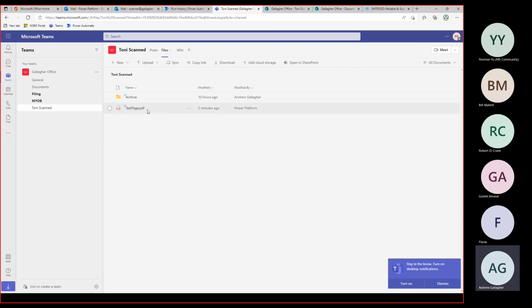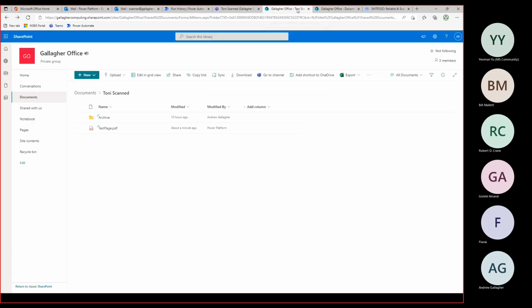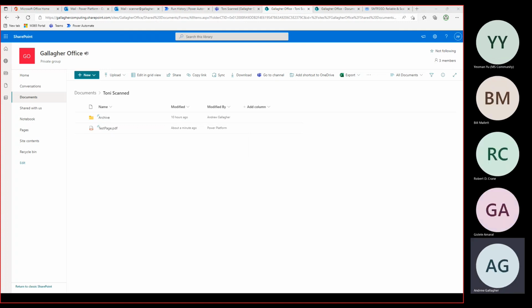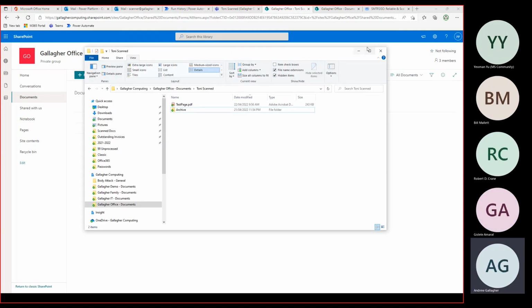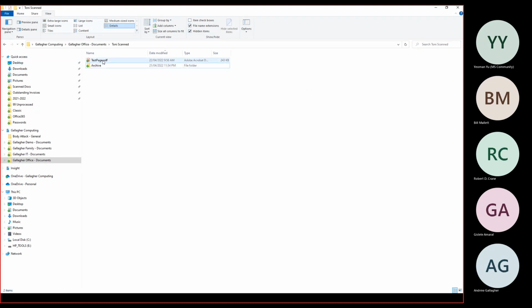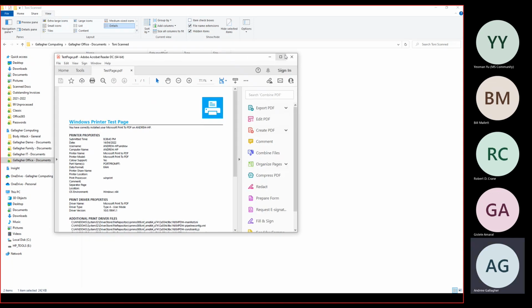Here is our test page in our SharePoint document library, because I'm looking at the same thing. And even if I have a look here in my file system, here is the test page PDF that we've sent.